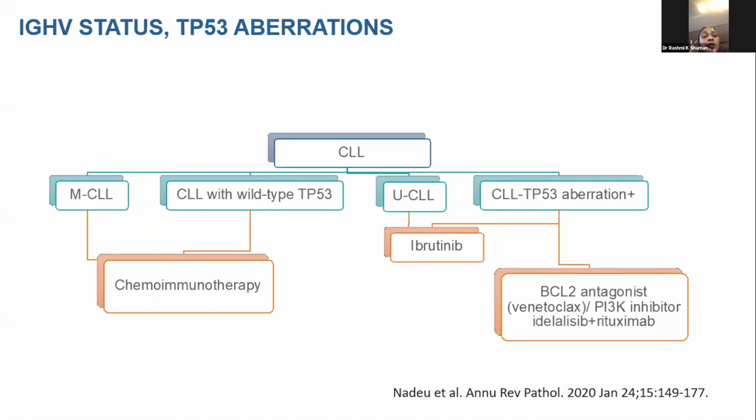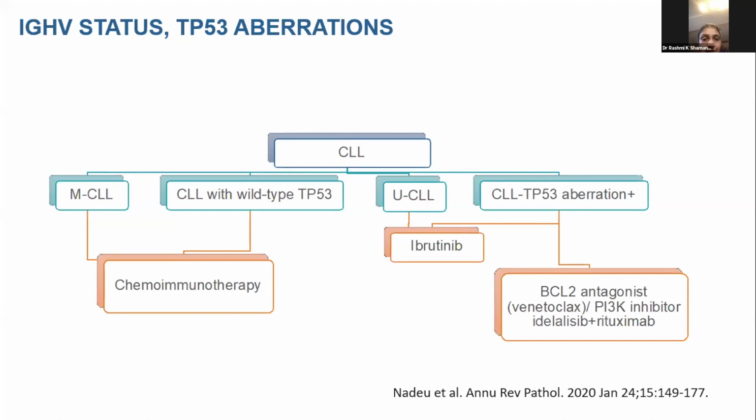When we use Ibrutinib in unmutated CLL or the p53 mutated or altered CLL, it's important to perform sequential NGS to identify resistance mutations, not just in BTK and PLC gamma 2, but also in BCL2 and other genes, so we can tailor the therapy. It's highlighting the precision genomics that is now becoming universal.